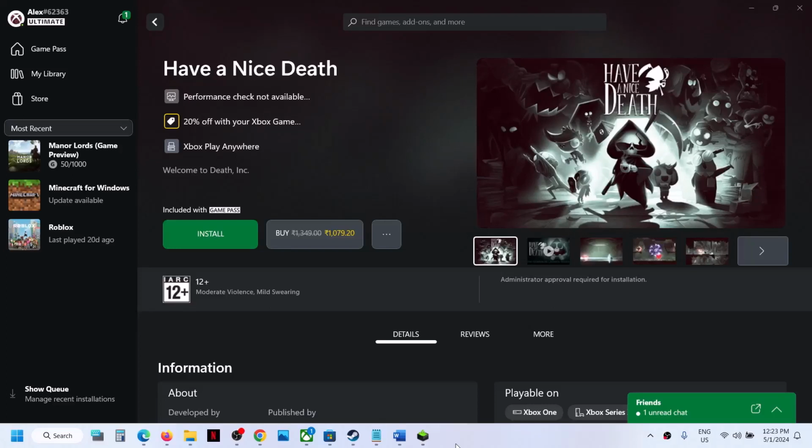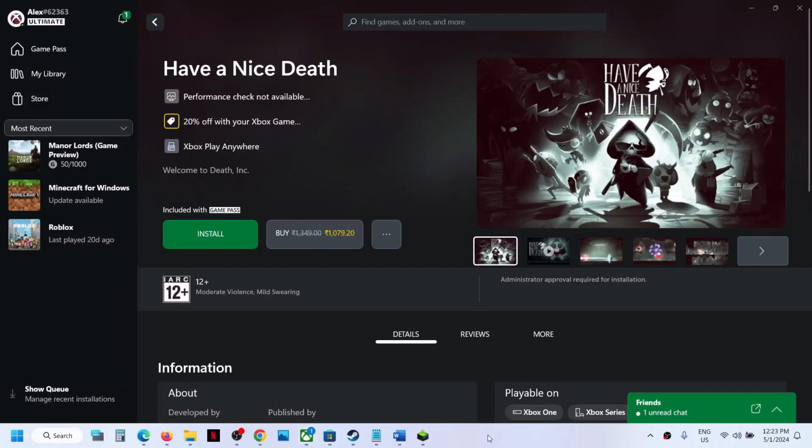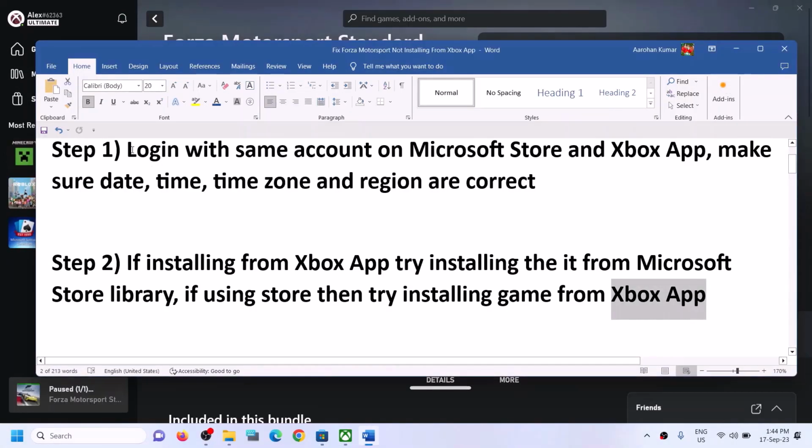Today in this video I'm going to show you how to fix when you are unable to install this game from Xbox app, or if you are unable to install it from Microsoft Store, then please follow the steps shown in this video. The first step is to log in with same account on Microsoft Store and with same account